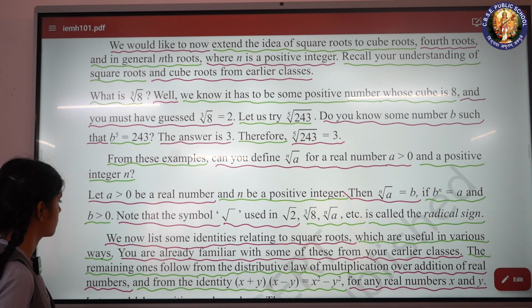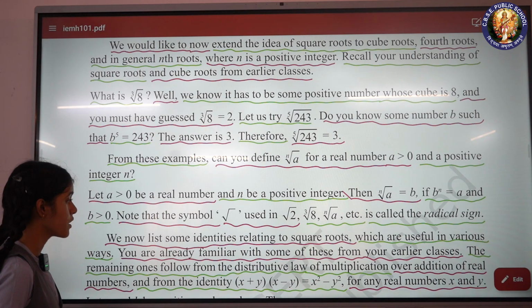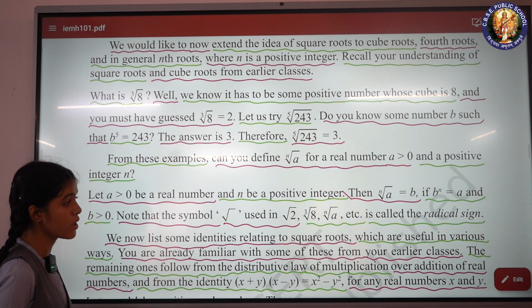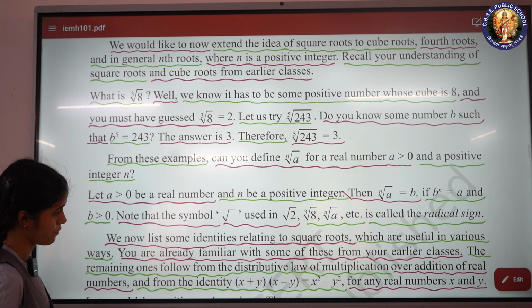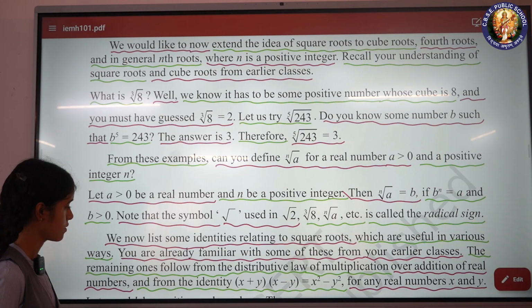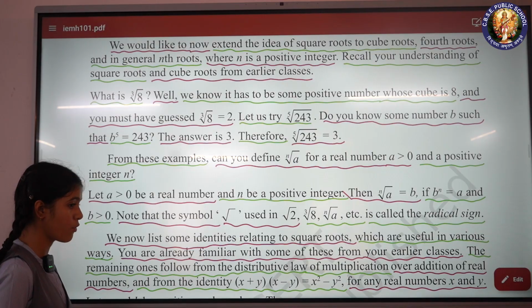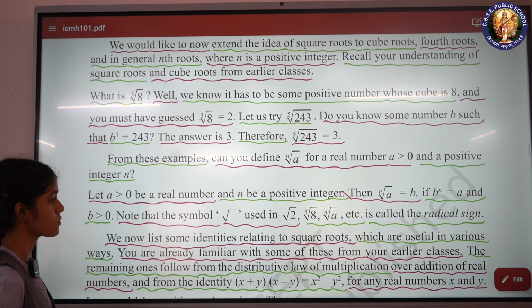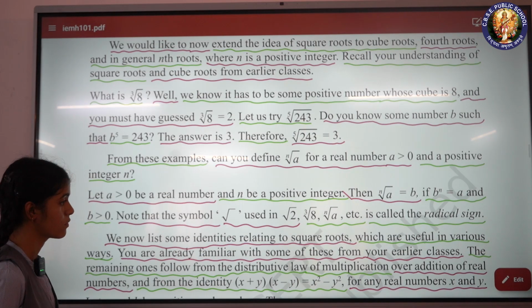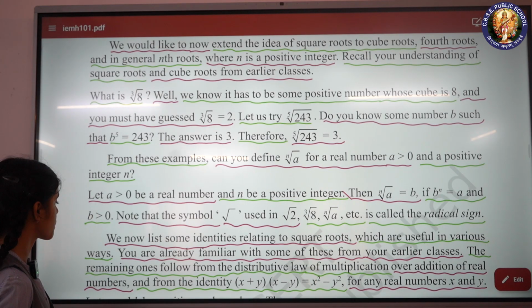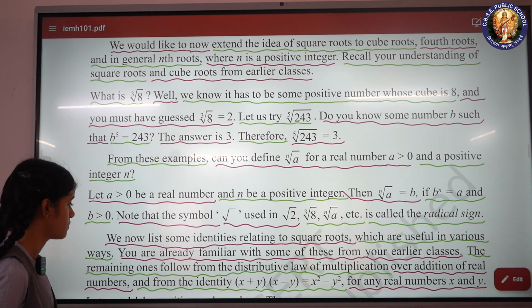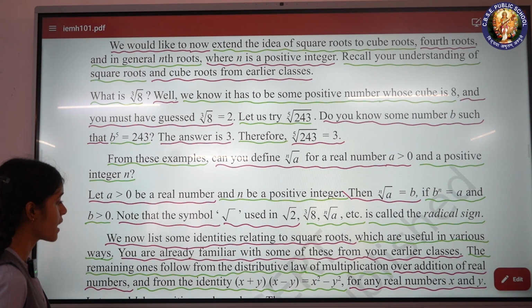You are already familiar with some of these from your earlier classes. The remaining ones follow from the distributive law of multiplication over addition of real numbers